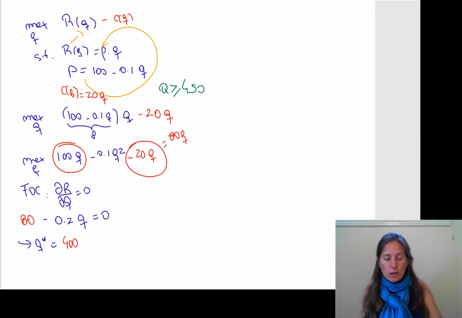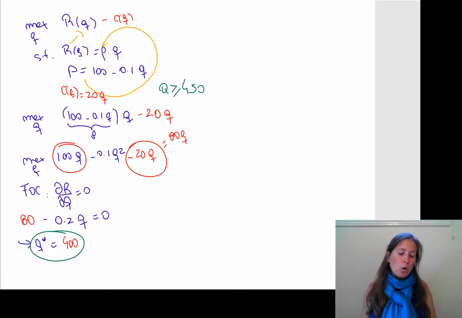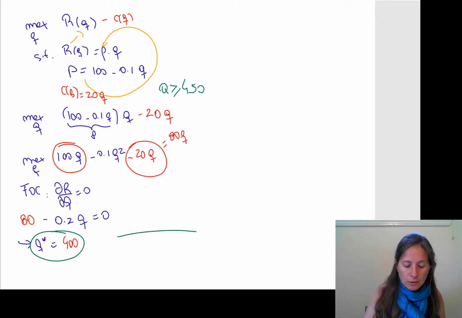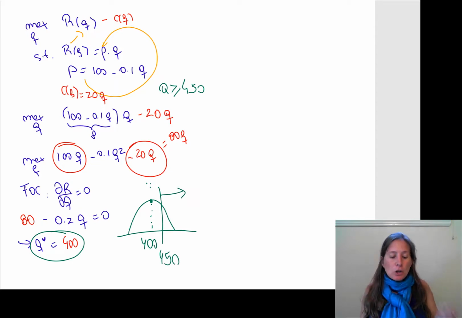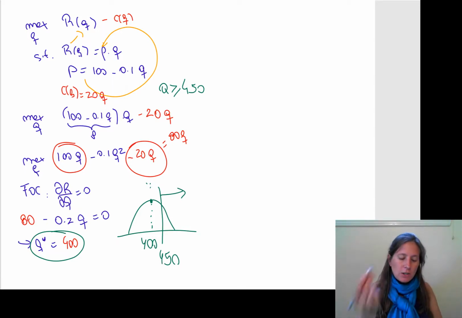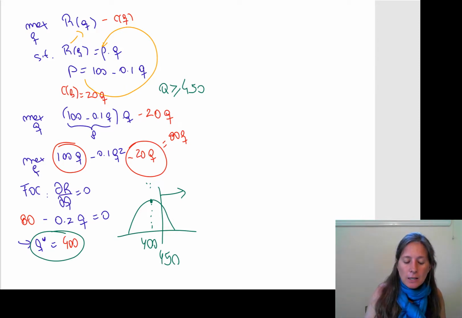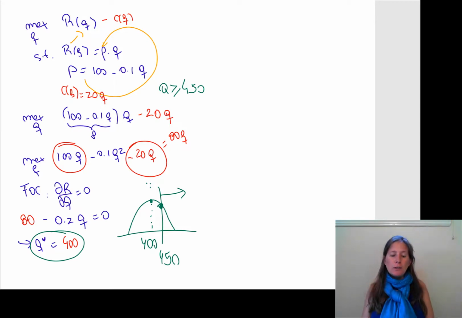Now, if we ignore that constraint and we solve the problem, the level of Q that would maximize profit would be 400. But 400 is not feasible. So if you plot your profits, they are going to be highest at 400. But your constraint says that you have to produce at least 450, so you have to be on this side. So the critical point that we have found, which is a maximum, you can take the second derivative and actually check that this is a concave function, it's going to be unfeasible. So what is your feasible solution? It is going to be 450.